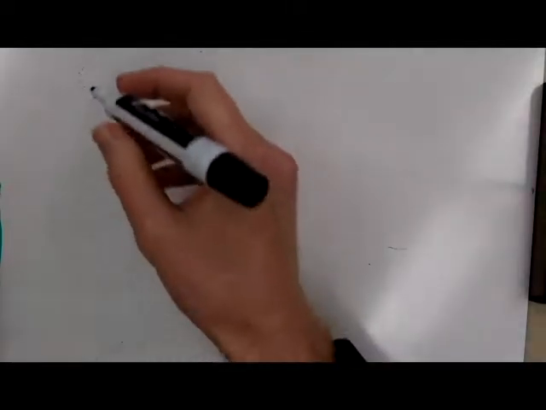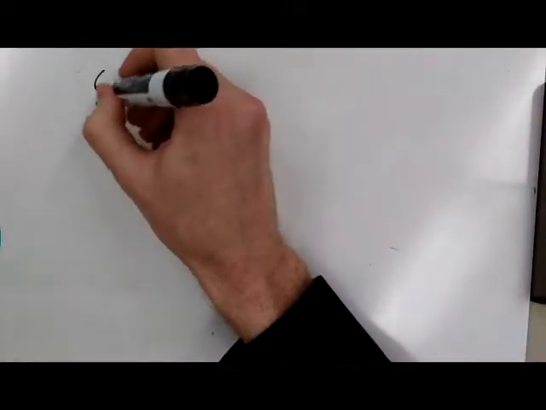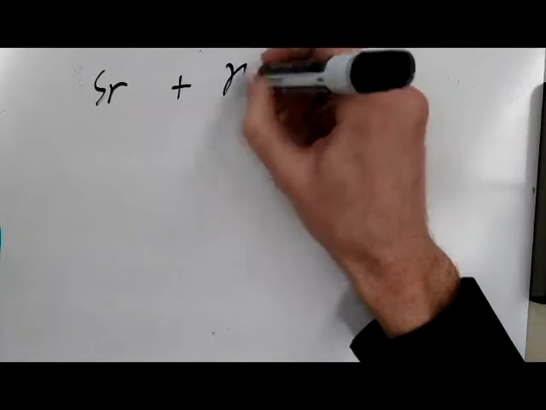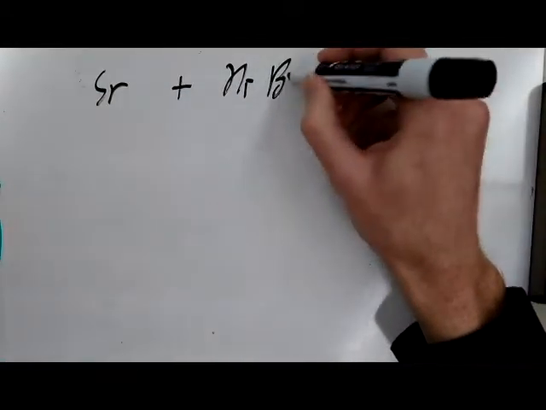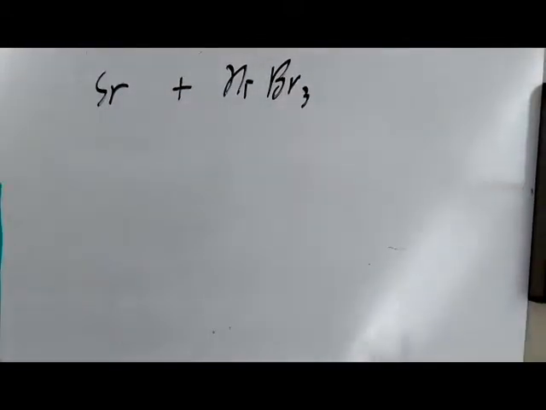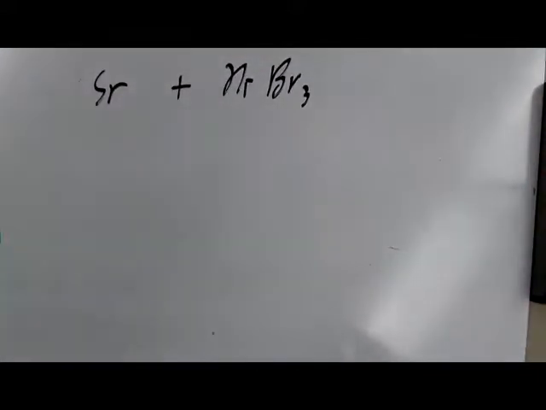Okay, so let's look again. Let's say we have strontium, and we're going to add that to nickel bromide. And this is nickel 3, so the charge on that nickel is 3, so that we have 3 bromines there. That's not really going to affect us right now, but what we need to do is look on our activity